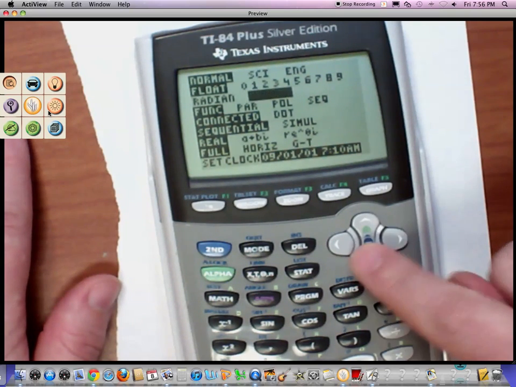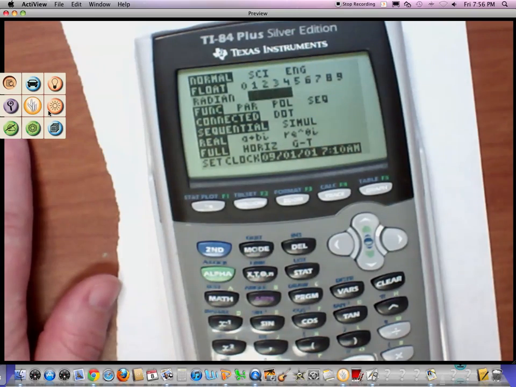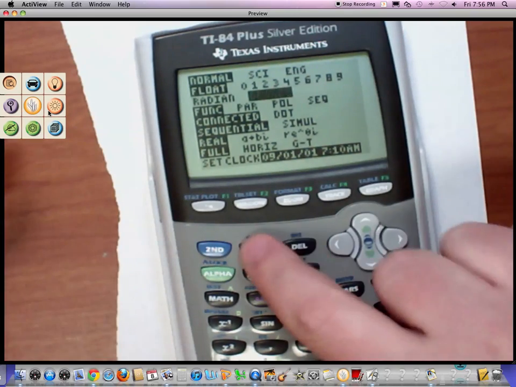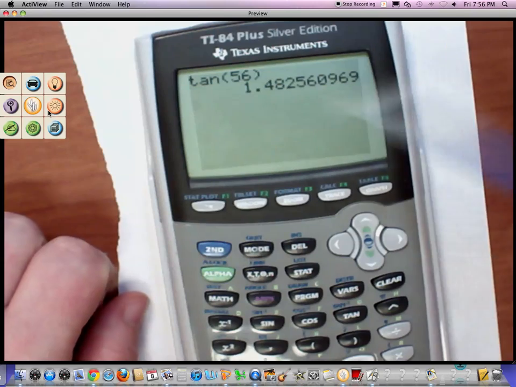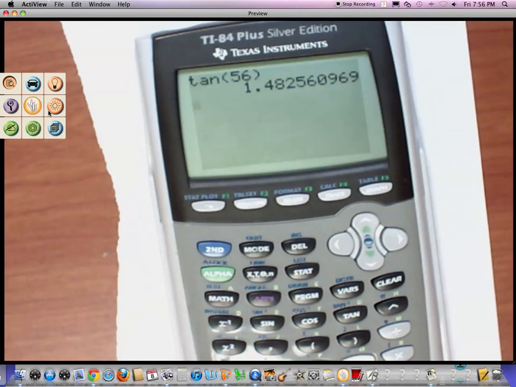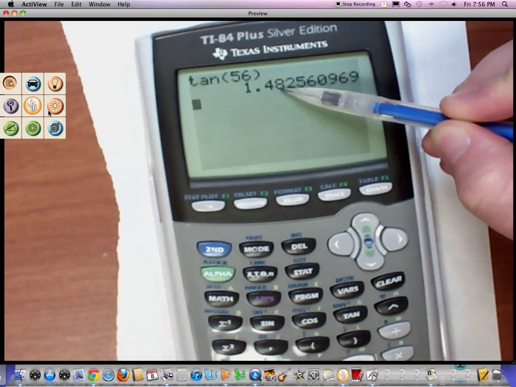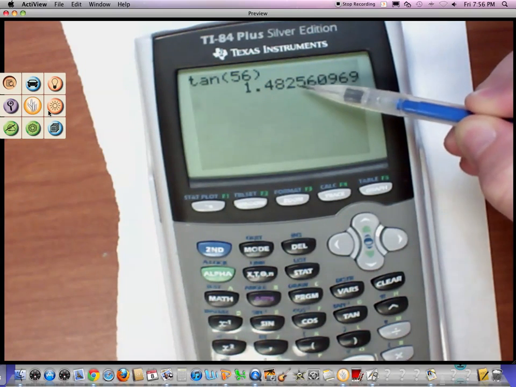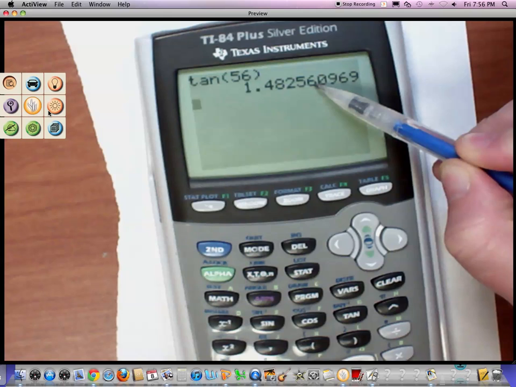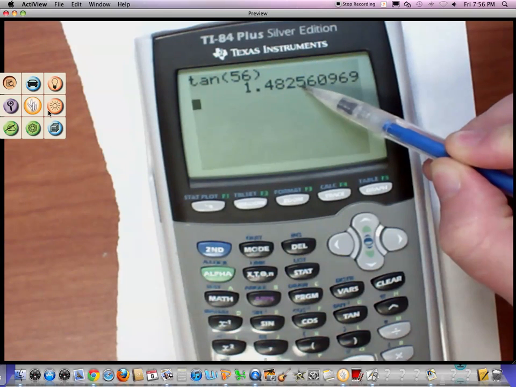And then go to degrees and then press enter, and it should stay there. All right, and then you can try again. So tangent of 56. Okay, so the nearest 10,000th. So this is 10th, 100th, 1,000th, 10,000th, and I have to look to the right. I see a 6. So it's going to be